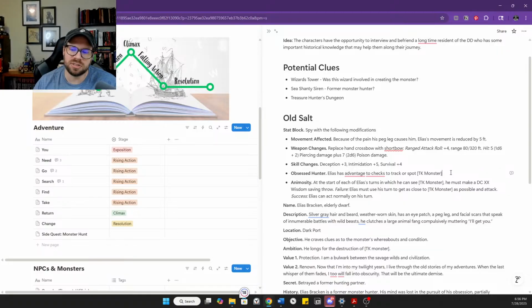If we were going to impact him due to his eye patch, we probably don't want to impact him due to his peg leg, because we don't want to send the message that he is deficient because of these injuries. Instead, he is just adapting differently because of these injuries. So for those two reasons, I really don't want to give him disadvantage on perception checks. But again, that depends on who you're playing with. There's not necessarily anything wrong with that, but it could be touchy for some players.